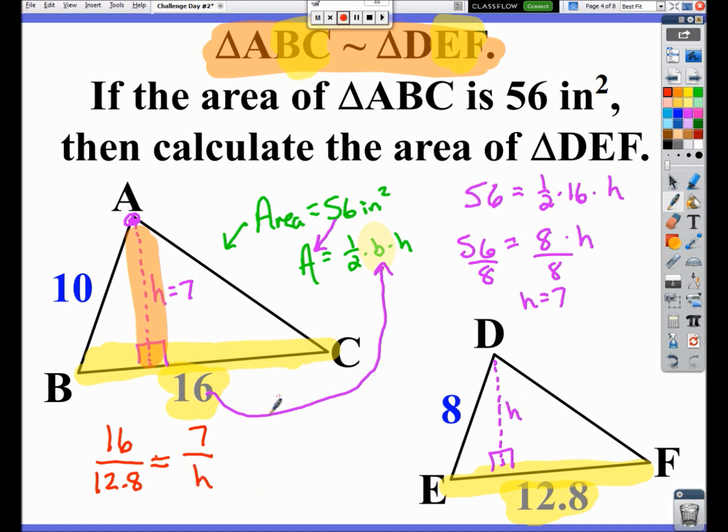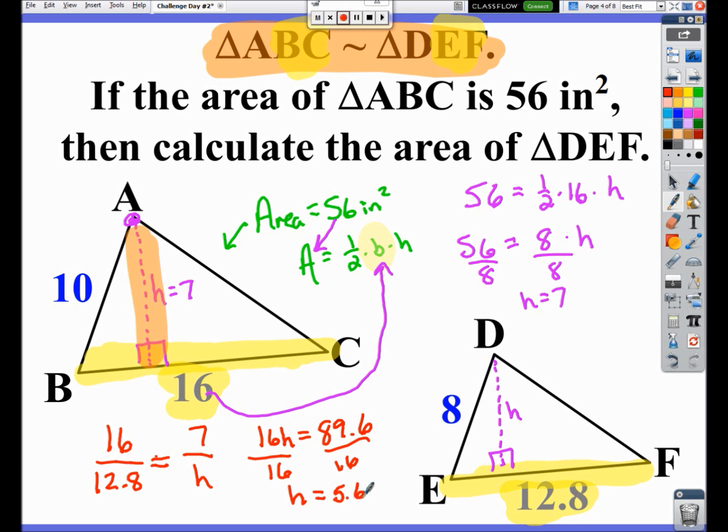Now I can cross multiply. I get 16h equals, need a calculator, 12.8 times 7, which gives me 89.6. Then divide the 16 over, and I get that the height is